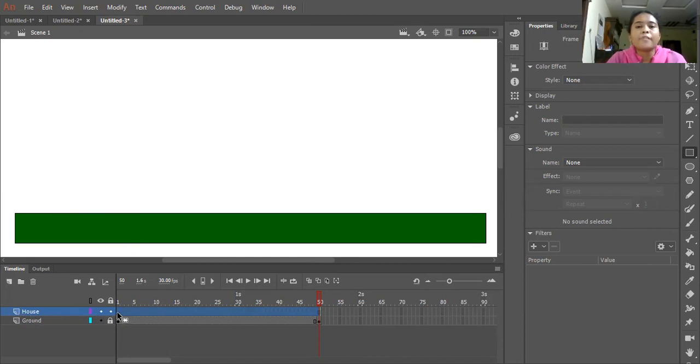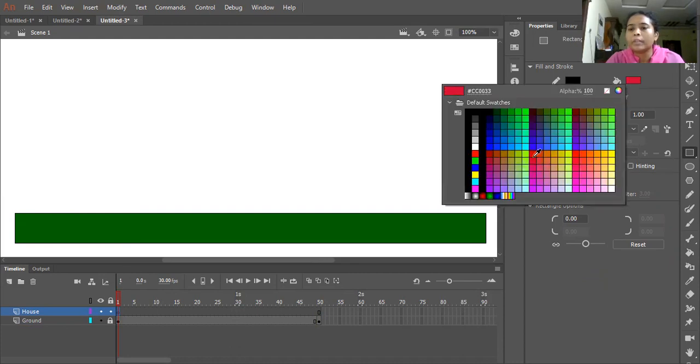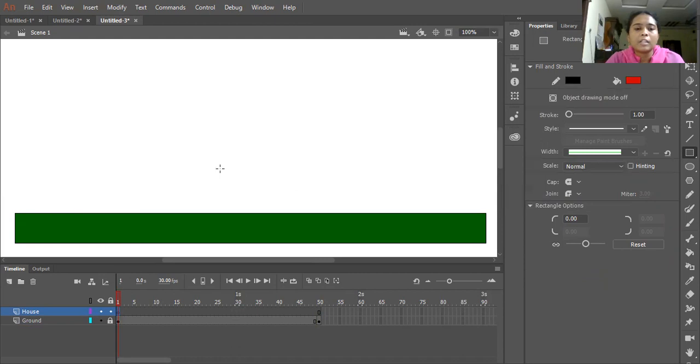Now go to the first frame of the house layer and draw the house using your creativity. I'm using the rectangle tool and applying some other color for the house. Just draw the house on the ground.